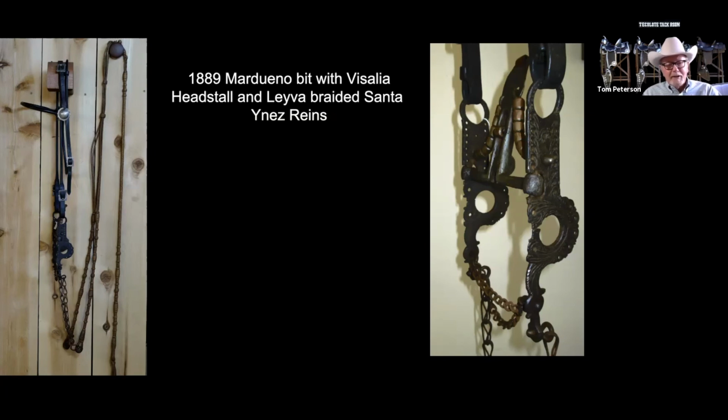Well, Bruce Hayner, who is a bit and spur maker and helpful to the museum quite a bit, was able to make this bit look like it did back when it was made in probably about 1889. It's fantastic. We put some Leva reins on it. Leva was a blind Indian woman that braided rawhide reins, and they're fabulous today. They're extremely collectible. And then just a classic